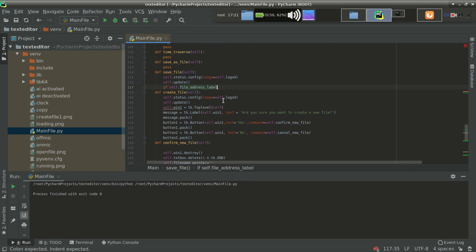If self.file_address_label.cget, as I told, cget will return me the value of text. Not only text, I can get the value of each and everything using cget, but here I am specifying the text. It means it will give me the text only, and I am just comparing that text, whether it is not equal to untitled.